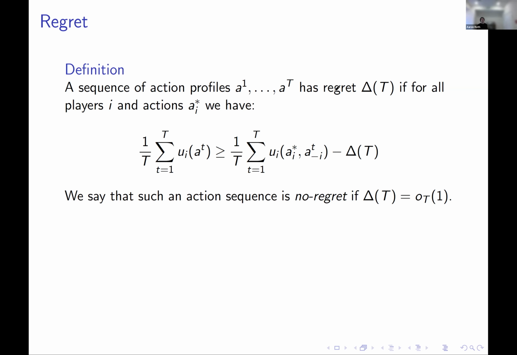Okay. So as a spoiler, one instance of the class of dynamics that we're going to show converge to equilibria is everyone playing according to the polynomial weights algorithm. Okay, so we could say we're just going to study what happens when everyone plays according to the polynomial weights algorithm. But